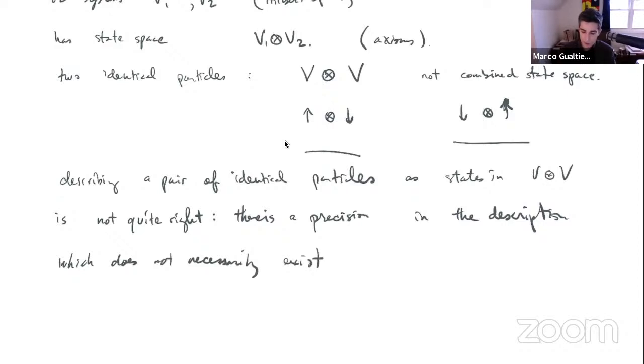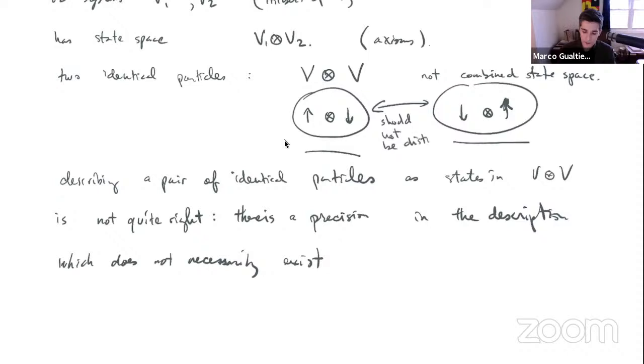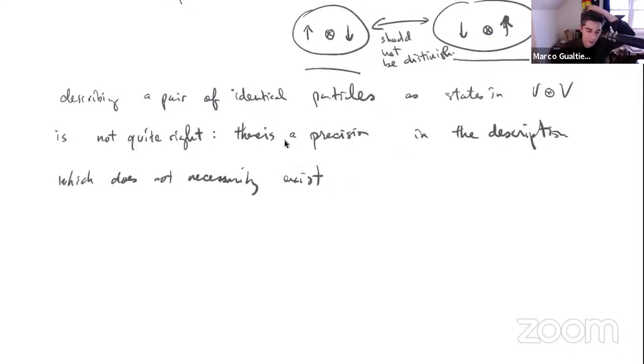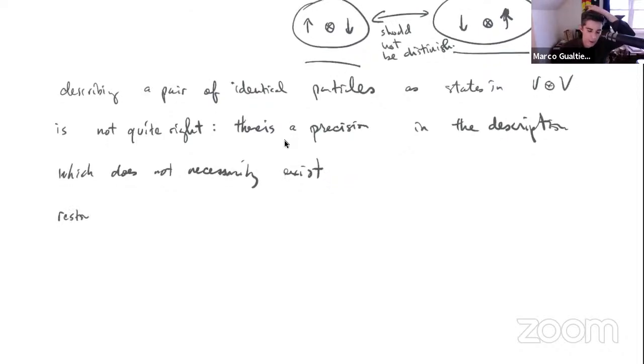In other words, we should not physically be able to distinguish A tensor B from B tensor A. So we must restore the vagueness or the ambiguity